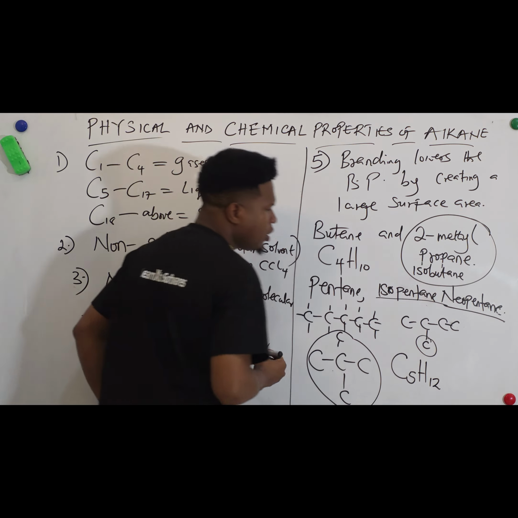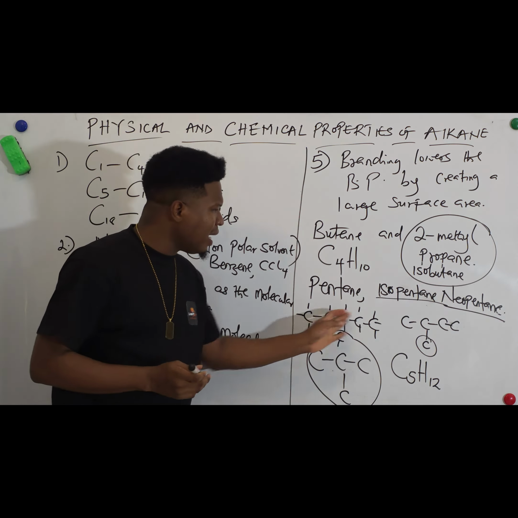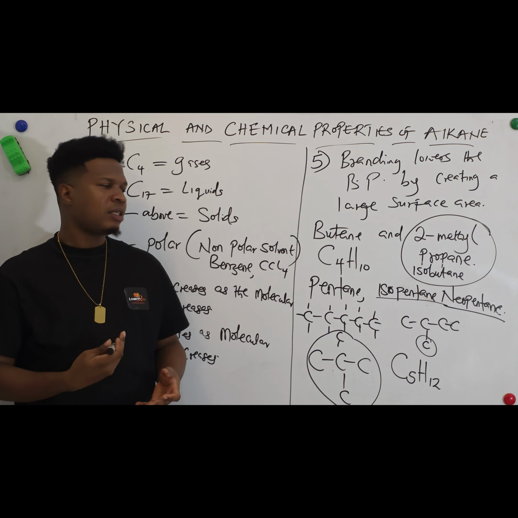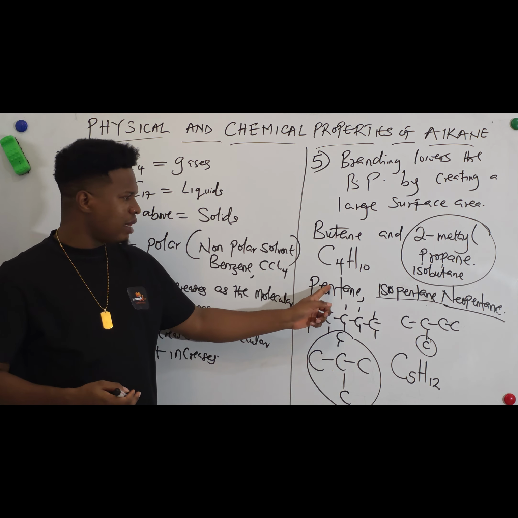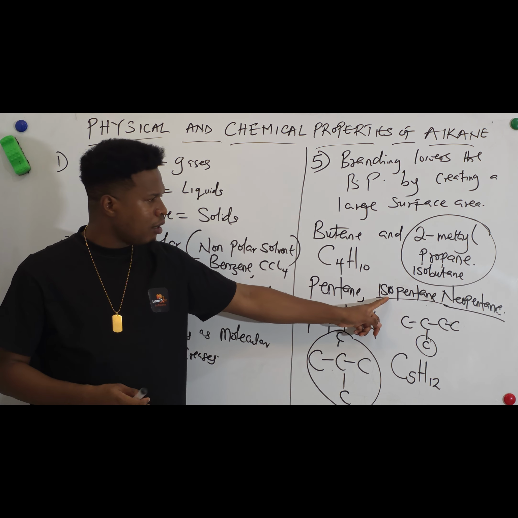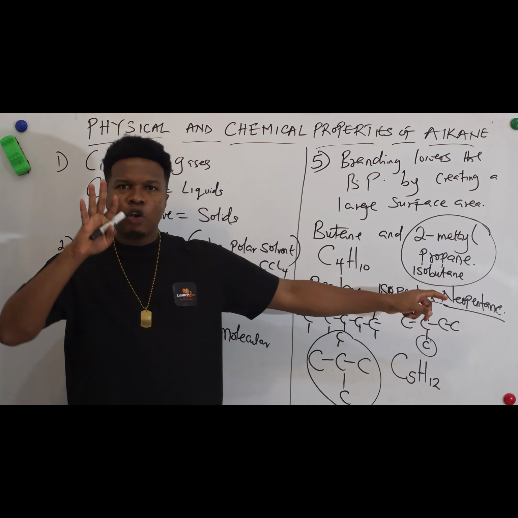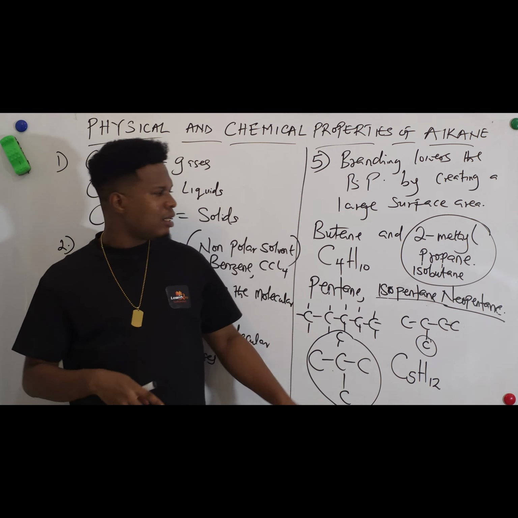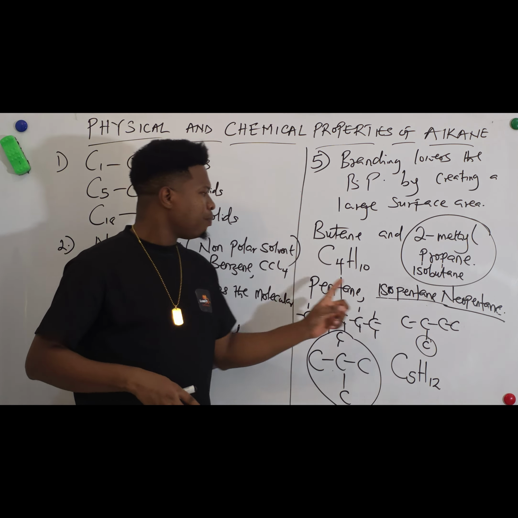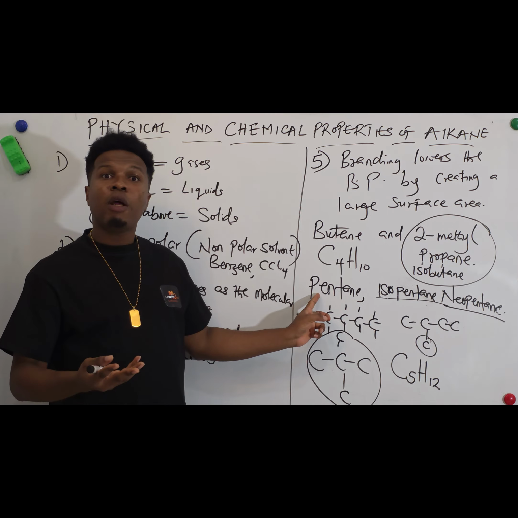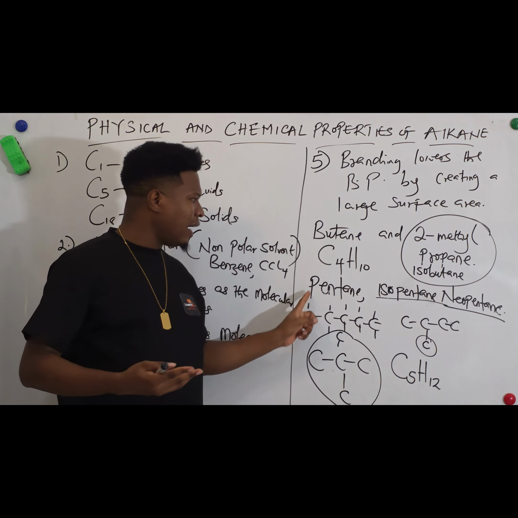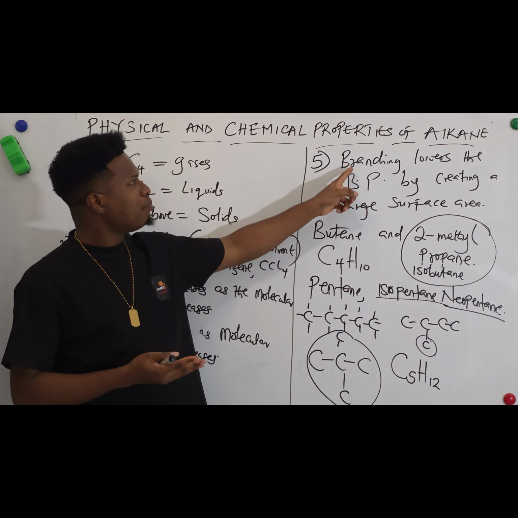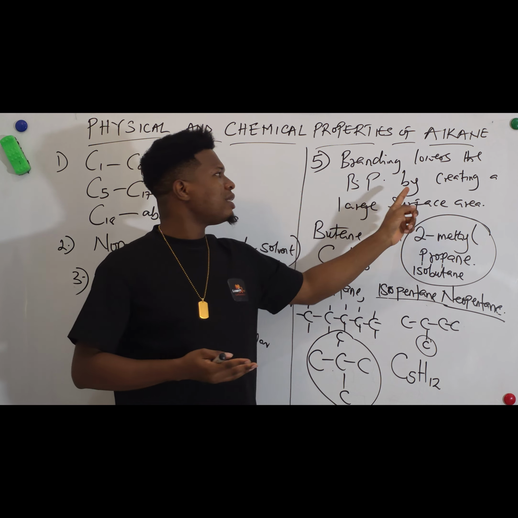All of them have the same formula, C5H12. Okay? So because of that, if you are told to arrange these three in order of decreasing or increasing boiling point, you will see that the boiling point of pentane will be higher than that of isopentane, followed by neopentane. So the one that will have the lowest boiling point is neopentane. Why? Because it has more branches, followed by this, which has only one branch. But this will not have a boiling point higher than this, because this one does not have any branch. So the end point of this is to know that branching lowers the boiling point by creating a large